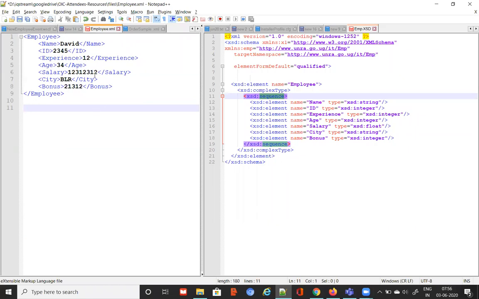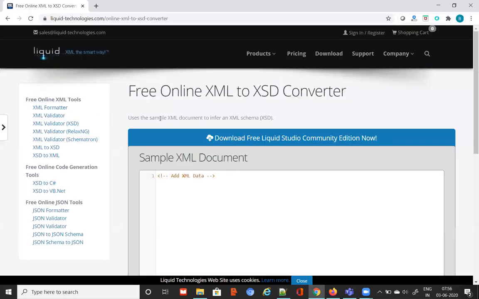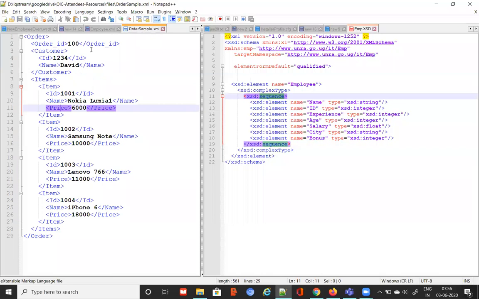So whenever you have a requirement, for my web service or wherever you want to represent some XML, you're not going to write the XSD directly. You're always going to come up with a sample XML for that. Once you have a sample XML, you should be able to generate the XSD using these tools. So in this case also, this is a sample order. The values may change based on your actual order. This may be 4 times, 5 times or 2 times item also.